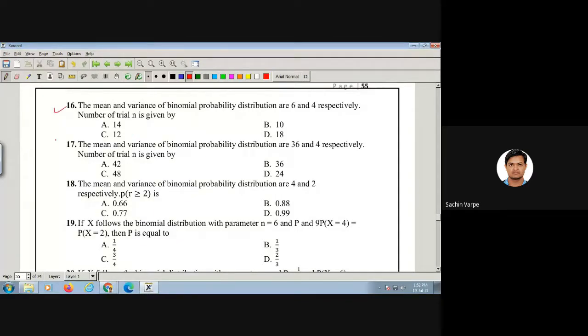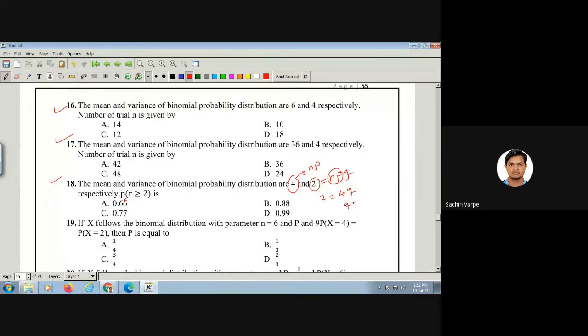Sir, similar questions. The mean and variance are given. What is the mean of the binomial distribution? It is NP. And the variance is NPQ. The question says the mean and variance of a binomial distribution are these respectively, and asks for the value of p. The value of NP is 4. So 2 is equal to 4q. From here I will get q.